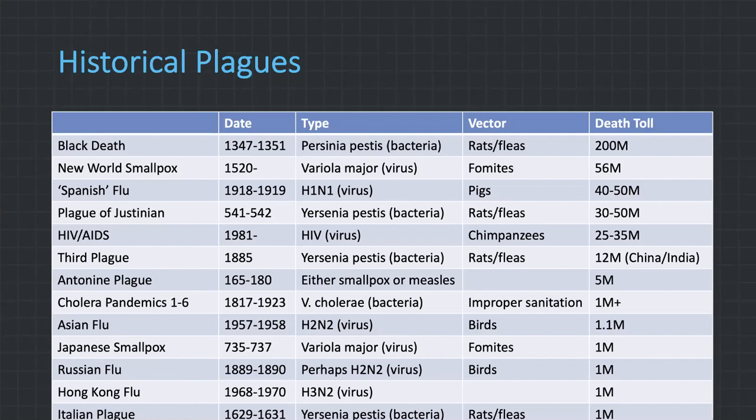So many of these are bacteria or viruses. In fact, all of the big ones are bacteria or viruses. They tend to have vectors of various sorts. A vector is how the disease promotes itself. Fomites are things that you leave around and stuff that you touch, right? So just touching things, for example, infected blankets might lead to smallpox